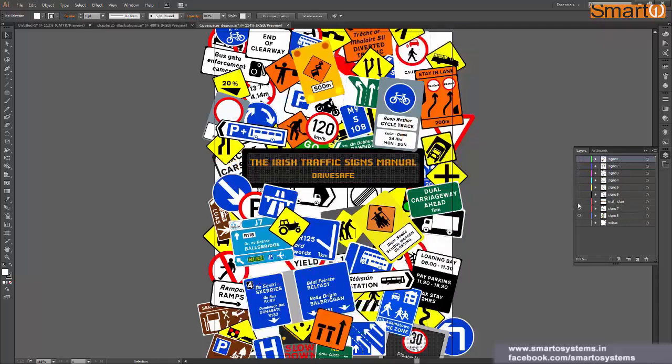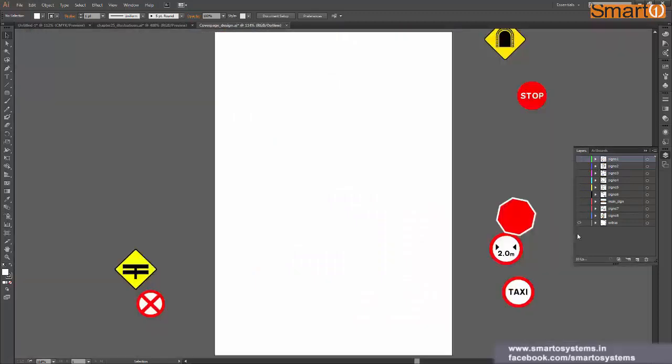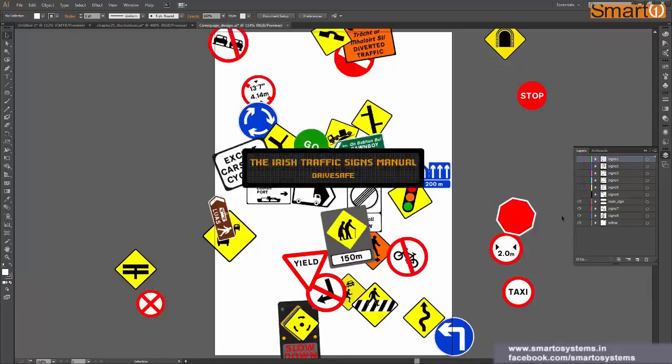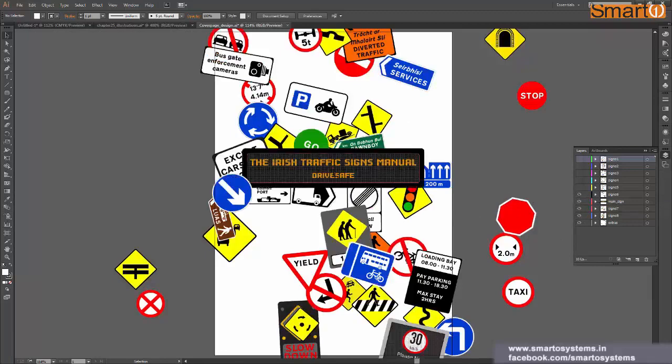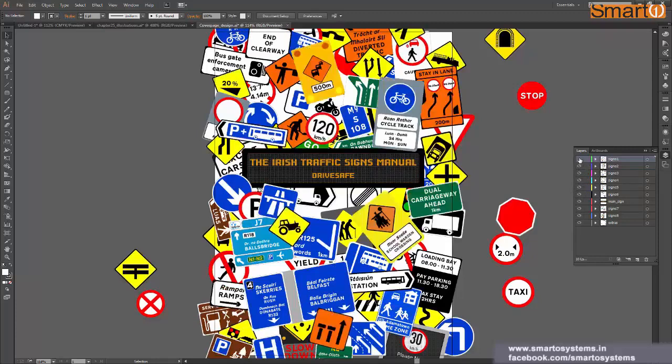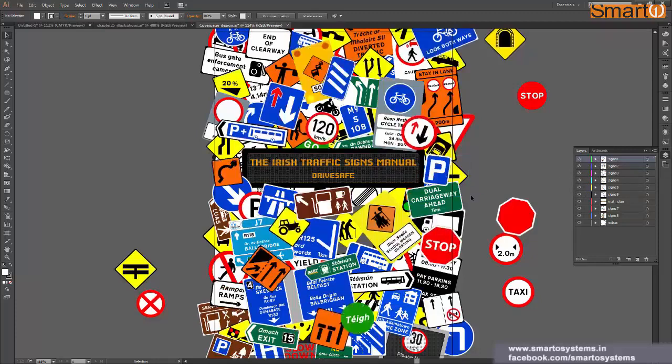I have this many layers in here, and this is the first layer, and then I put some more signs above it, and then some more, and then I put the heading over here and above it some more signs, and I keep putting signs one above another, and there I have my final design. Since you now know the underlying structure of the project and how I arranged everything, let us see the implementation of layers in this.